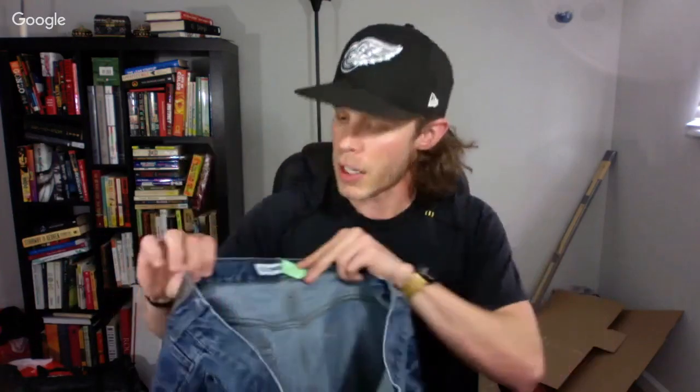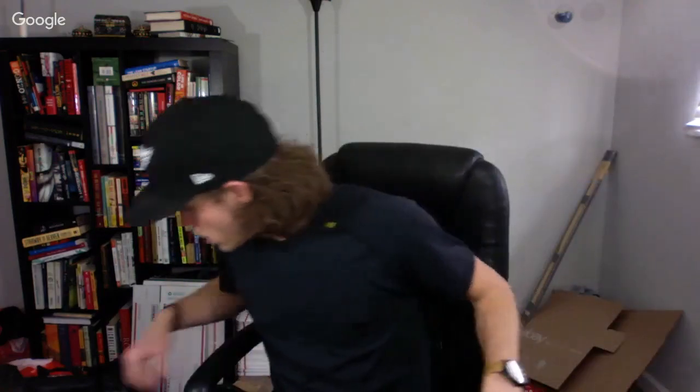Mall brand again. Some Express jeans. These are 34 by 32. These were $6.50. Typically, I'll get 25 to 32 on these. Here's some vintage Tommy Hilfiger